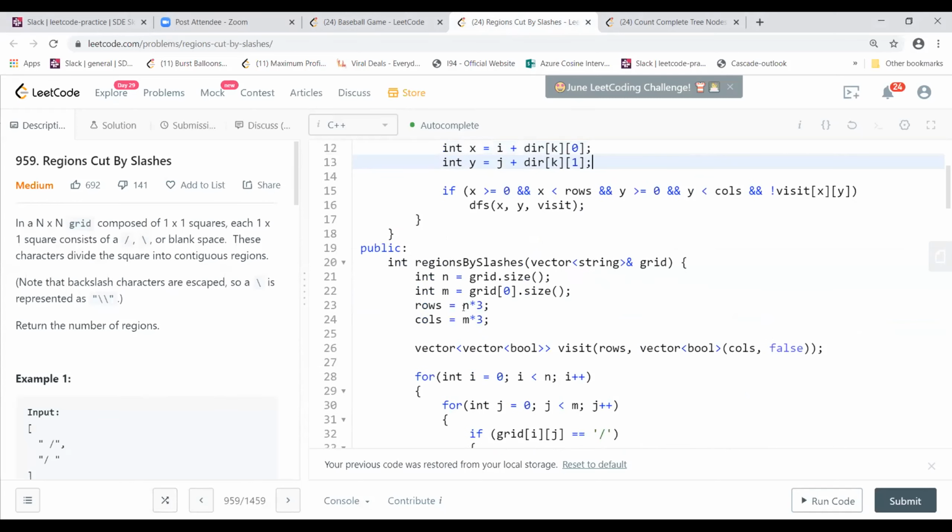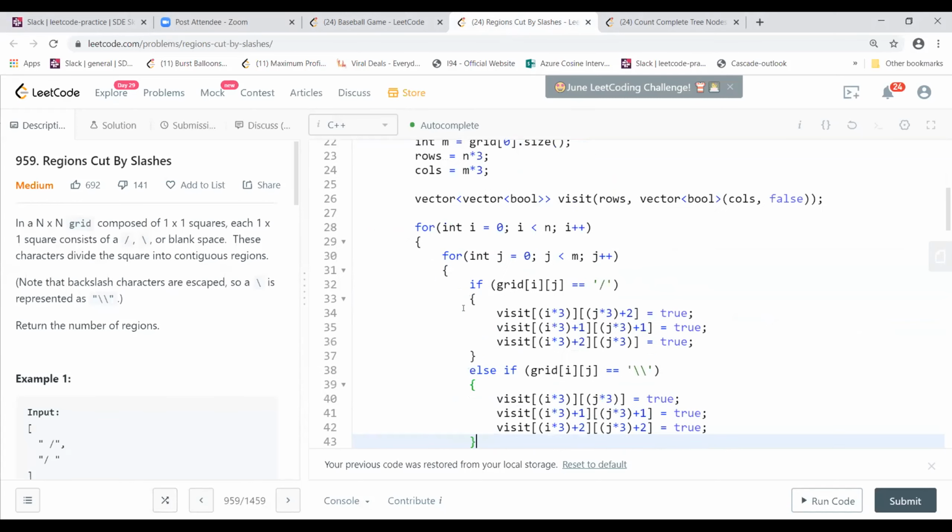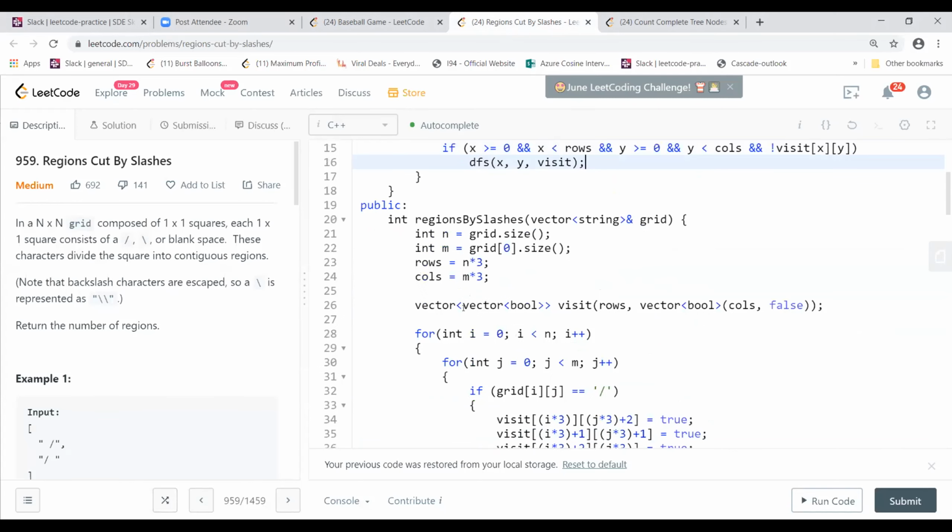Yeah, so this is the DFS approach. I have our function signature here. I don't need to actually calculate m, because n and m are always the same. So I just have these two variables defined as rows and columns. They are member variables.